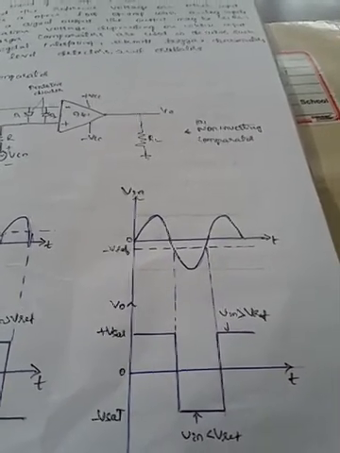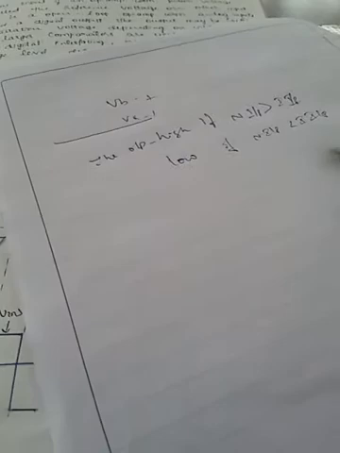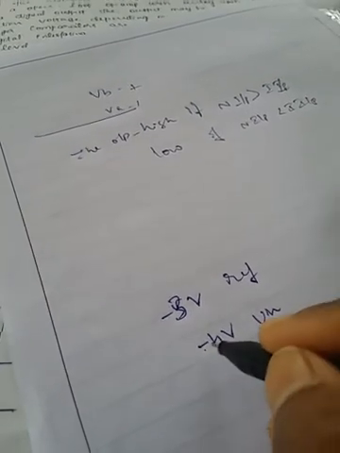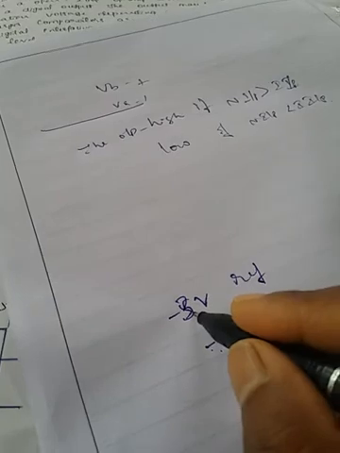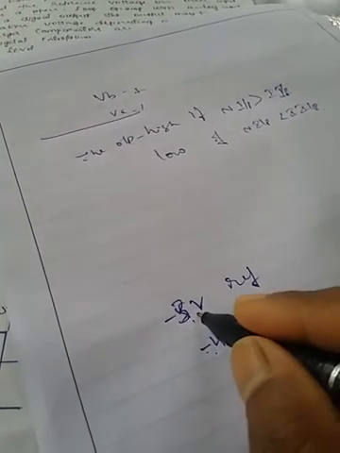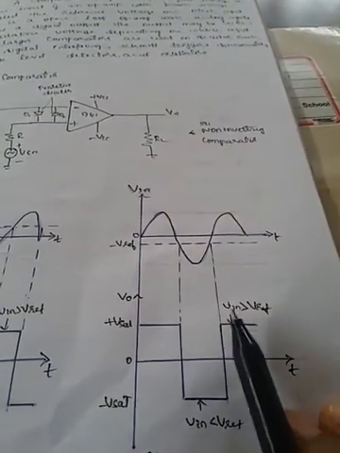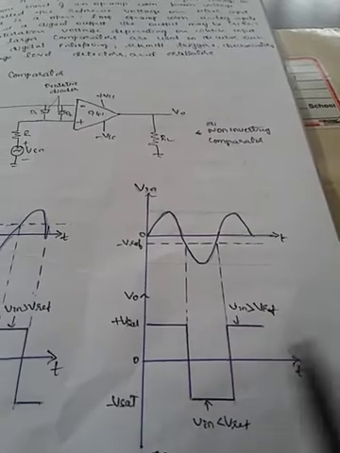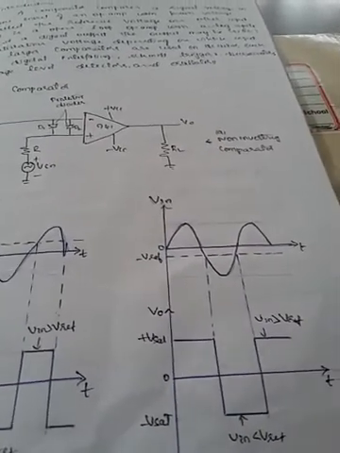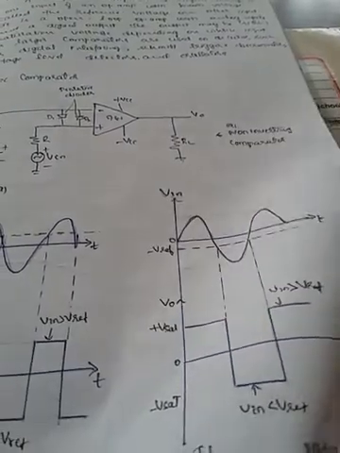For example, if the negative reference is minus 3 volts and the input voltage is minus 4 volts, this minus 4 volts is less than minus 3 volts actually, so the input is less than the reference voltage and the output will be low. That is the case I am explaining here. Like this, the output alternates between positive and negative reference levels.